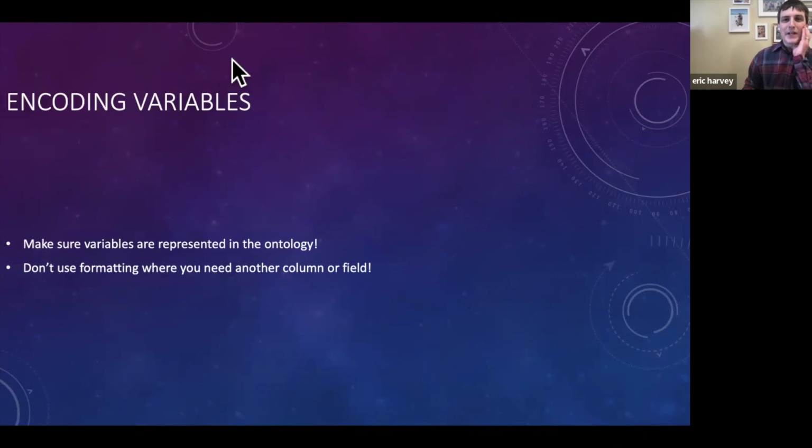The second is when we're encoding variables in a data set or a spreadsheet or a database. And the key here is just to make sure that we maintain that responsible ontology, and we encode variables in ways that will be apparent to screen readers or to people using different types of technology to access it.